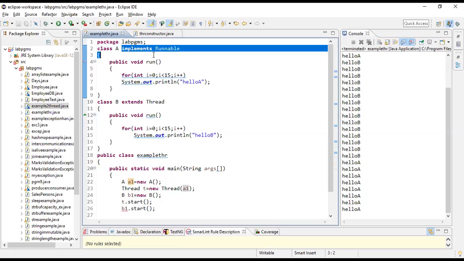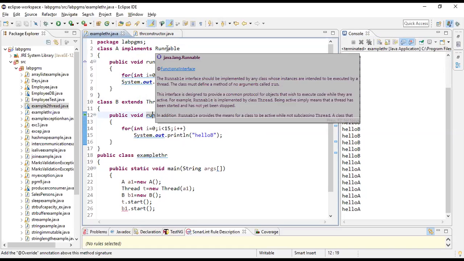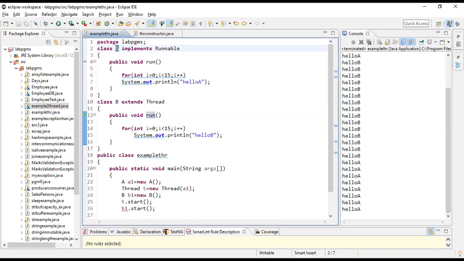Now I'll repeat. For extends Thread, what you will be doing is create an instance of your class B and call the instance.start method. Simple. That start method will invoke your run method; it is not executing your run method, it will invoke it. Next, if it is implementing the Runnable interface, you will create an instance of your A, as here, then create an instance of Thread and pass the instance A1 into the Thread constructor.